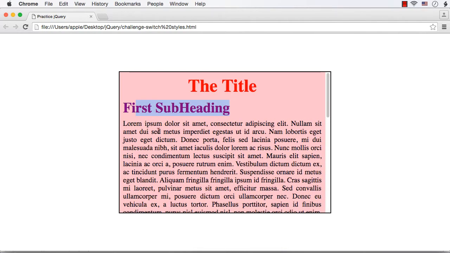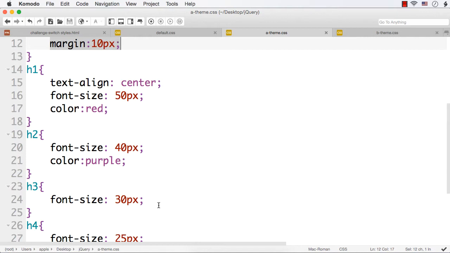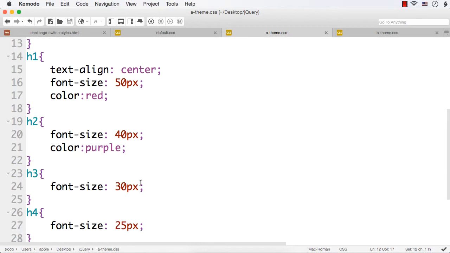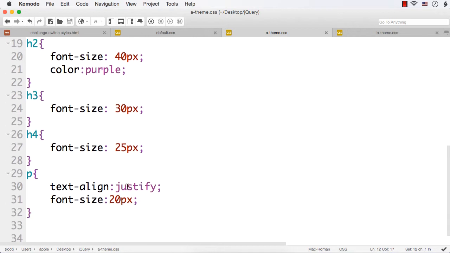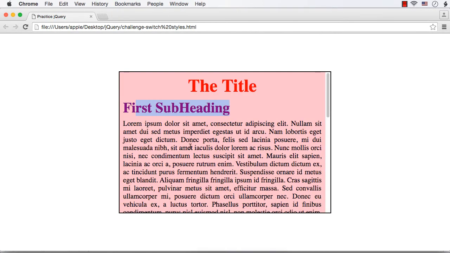They are appearing in purple color. Then for H3, I have specified the font size to be 30 px, H4 25 px and the font size of paragraph to be 20 px. I have also specified text align of P to be justify. That is why you are seeing them aligned in both the sides.